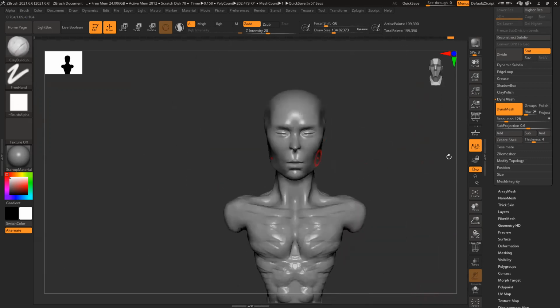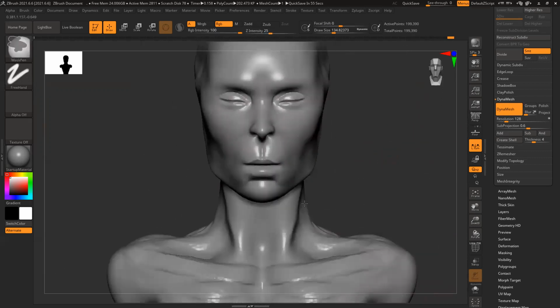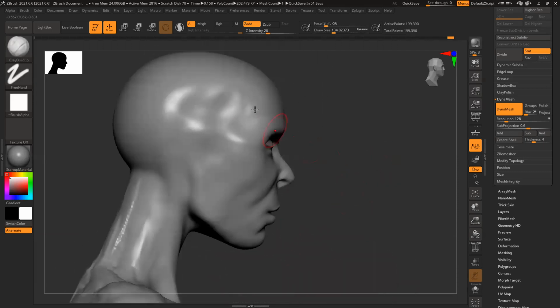You can see I'm still working in an orthographic view only. I'm not using perspective. So until my basic blocking is ready, I won't use that.